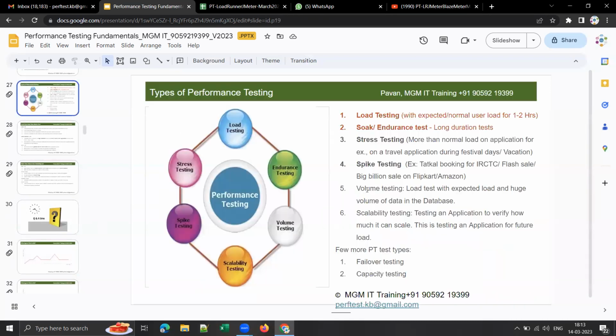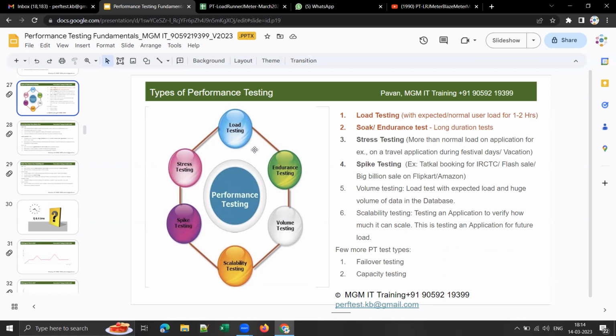Okay, right. Now let me go to slideshow mode. This is the logo that I'm using for my YouTube channel. If you observed, the logo contains the important types of performance testing. The logo of my YouTube channel contains this image, so basically it contains the important types of performance testing. Previously I used to use this for the WhatsApp group also. Anyway, I will start using it again.